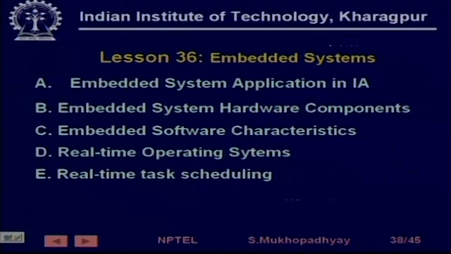So, we took a look at real time operating systems and their features, and one of the essences of real time operating systems is that there are several time critical tasks which are executed in parallel in the system. So, how to schedule them, which one will be computed after what, whether they can be interrupted in the middle or not, under what conditions. So, these are one of the major aspects of real time computing, which is a feature of embedded systems used for industrial automation. So, we took a look at this real time task scheduling, the basic principles of it.